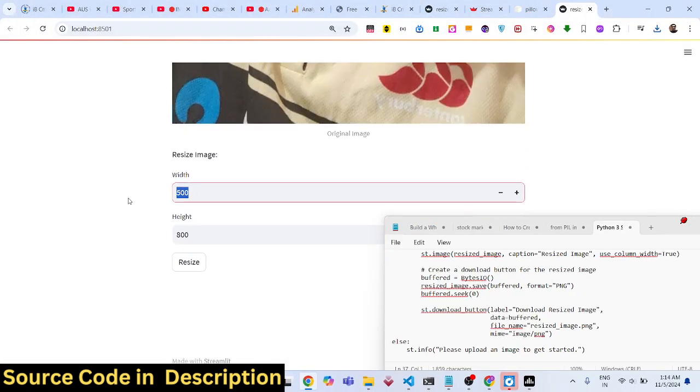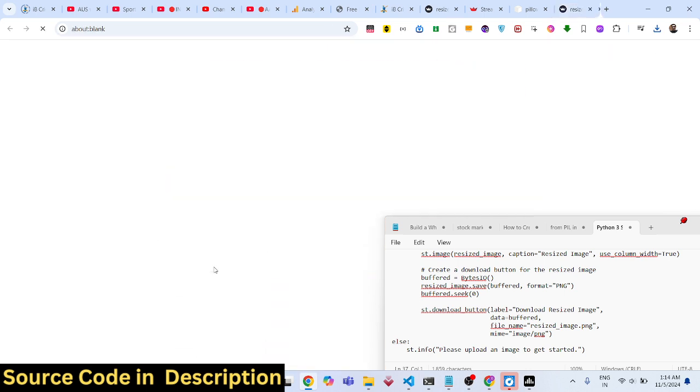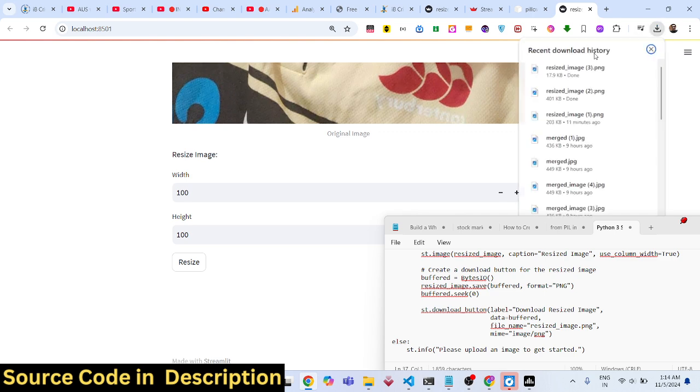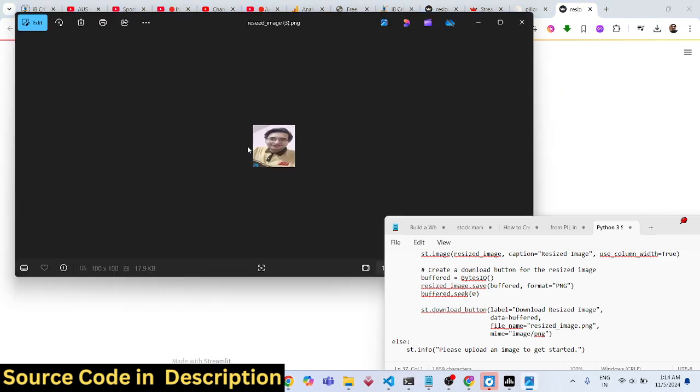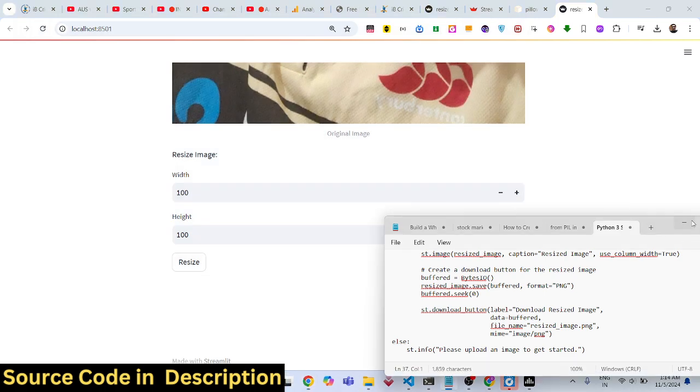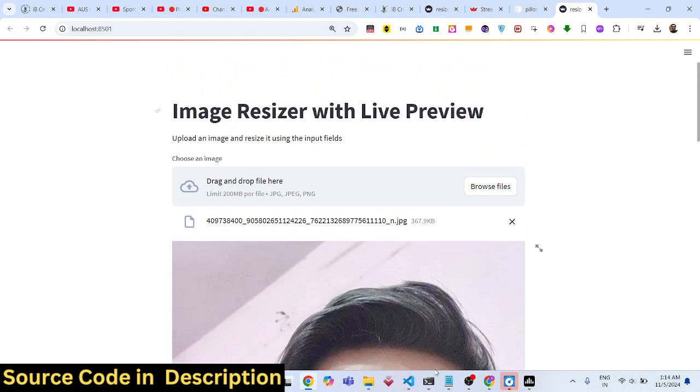So in this way, you can resize to, let's suppose, 100 by 100. Let me resize to a shorter dimension. So now you can see the image is a little bit blurred because it is resized to a smaller size. So in this way, you can resize images in the browser using the Pillow library inside Python,